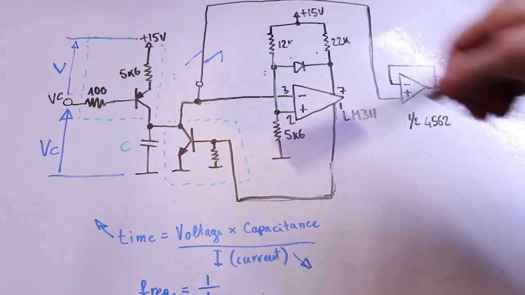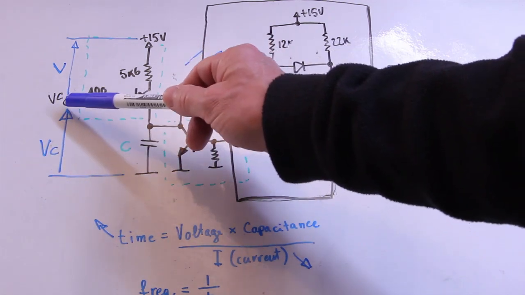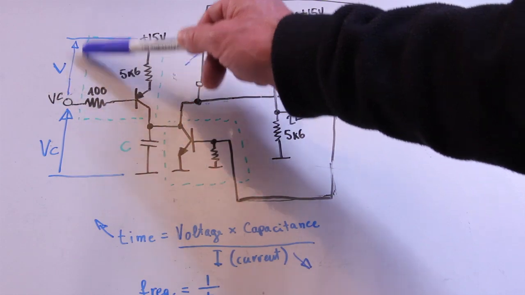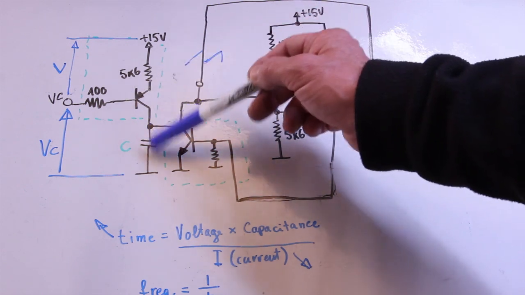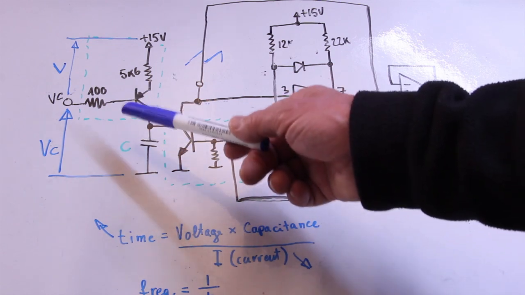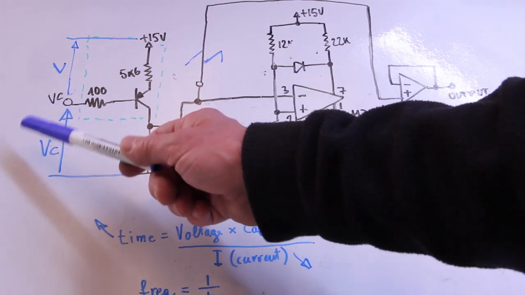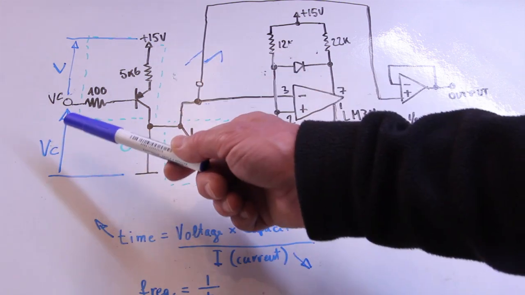Okay, we have now a sawtooth generator, but the attentive watcher would have noticed the problem here. We can see that the voltage applied here between the base and the GND, the voltage control, the lower this voltage, the higher will be this voltage, and therefore the current that flows through this transistor to charge the capacitor, and therefore the higher the frequency, which is the exact opposite of what we want, because we want to control this with a voltage from 0 to 10 volts, where 10 volts is the maximum frequency and 0